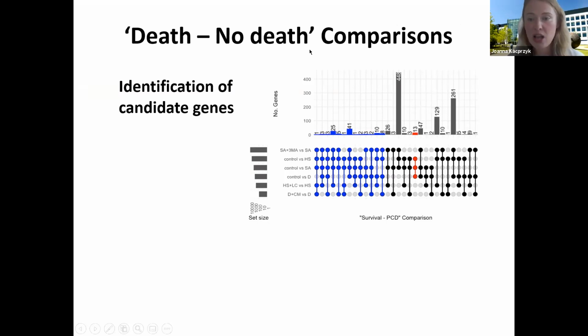This is an UpSet plot. Well, the name, maybe, it is a bit upsetting looking at it. It's very hard to figure out what's going on. But believe me, if you try to present it on a Venn diagram, it would be even worse. But basically here, as you can see, there are quite a lot of genes that appear in at least 4 or 5 of the comparisons he's making.